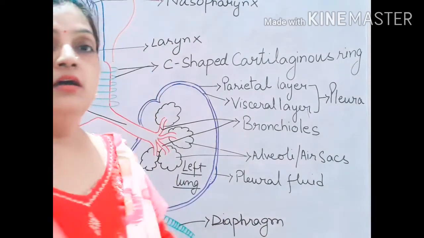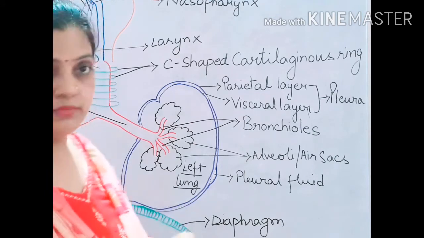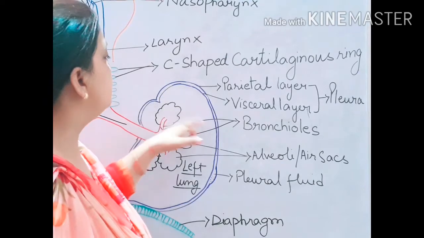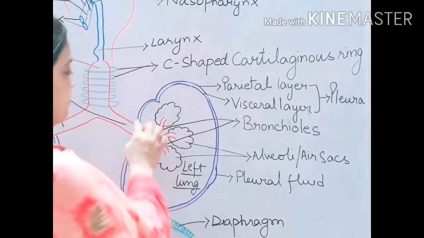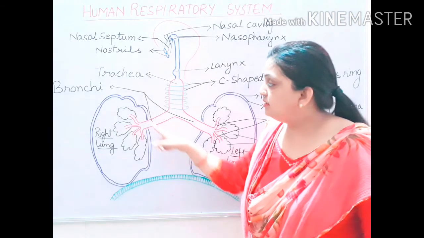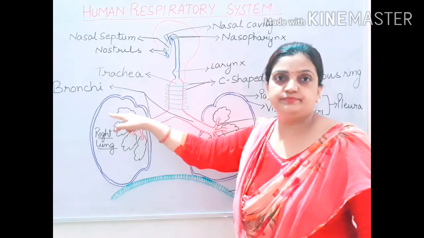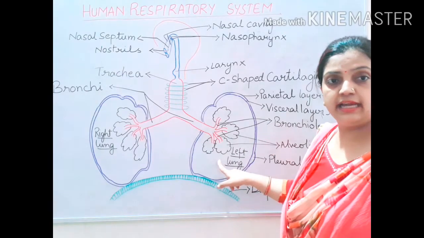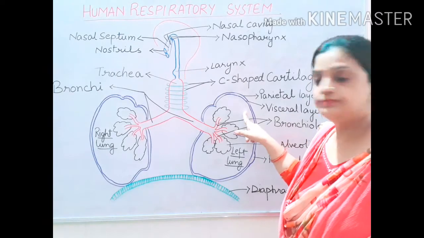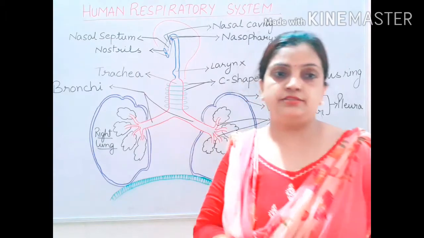Now the most important thing which we have to notice in the diagram is that you can see here I have drawn the lung having only two lobes. I have given only two turnings over here. And on the right lung side, you can see that I have drawn three loops. On the left side of the left lung, I have drawn only two loops, and on the right side, there are three loops. There is a reason behind that, children.